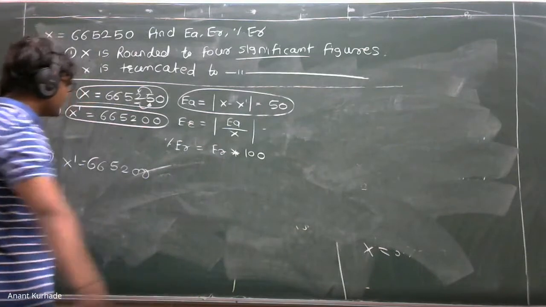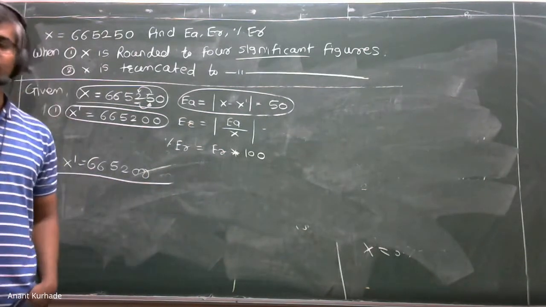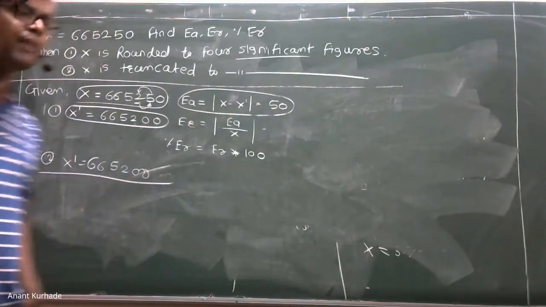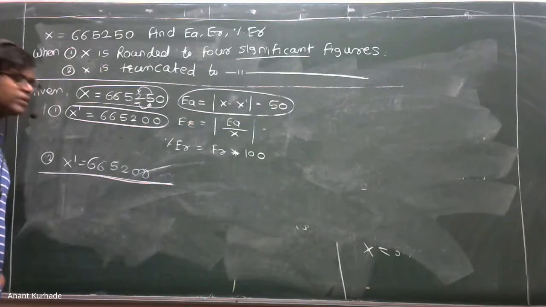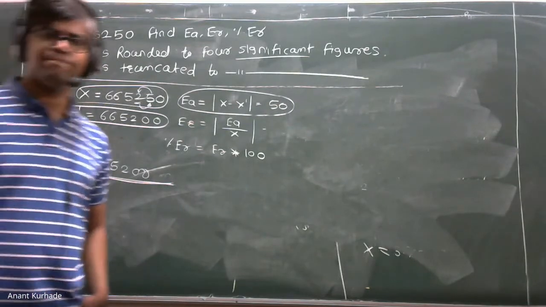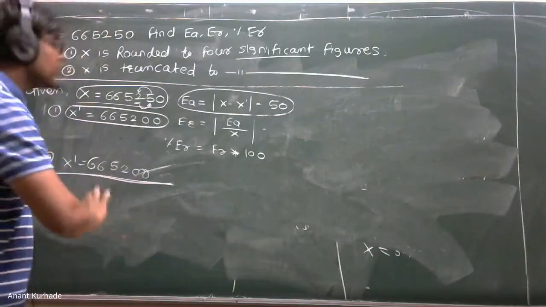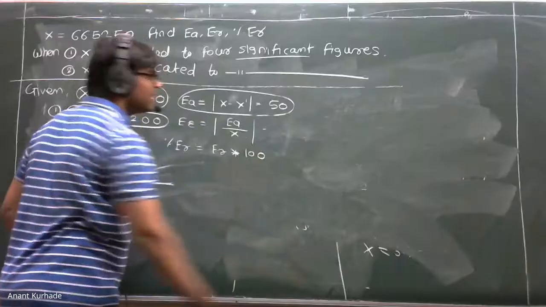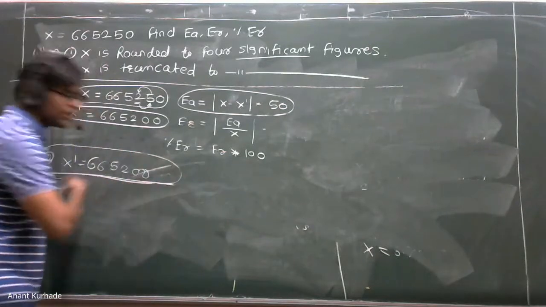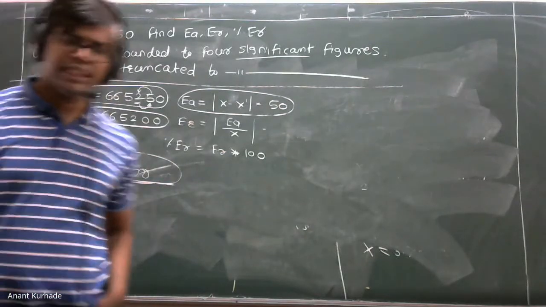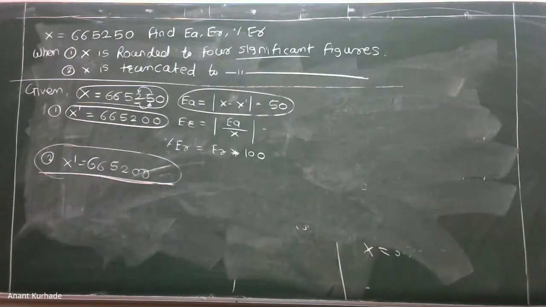Okay, no problem. Now tell me, is this correct for the second one? Hello, reply fast. Truncated up to 4 significant figures. Is it correct or not? Truncated means keep as it is. Don't apply the rounding rules. So this is correct. Okay, solve this. If you understand, it is not again required to find the answer.